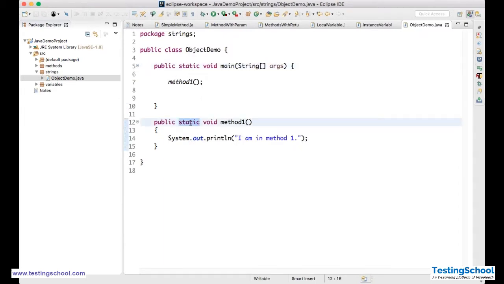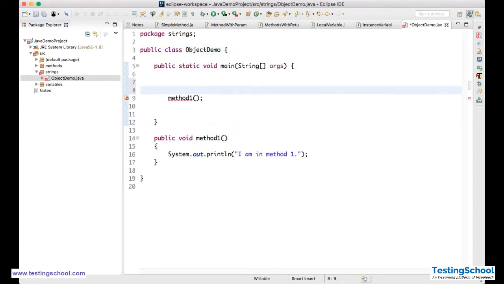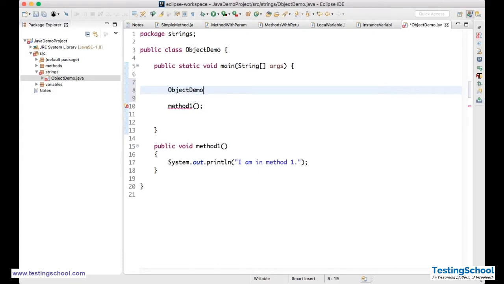But without static, how can I use this one? That time you need to create an object of your class. My class is ObjectDemo. You need to give some name, the same way you give int i, string s, boolean b. I'll say obj is equal to new ObjectDemo.